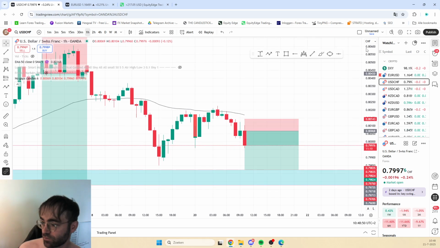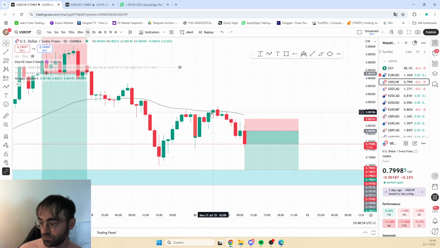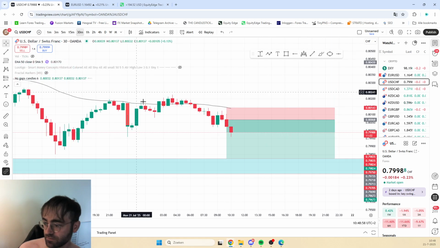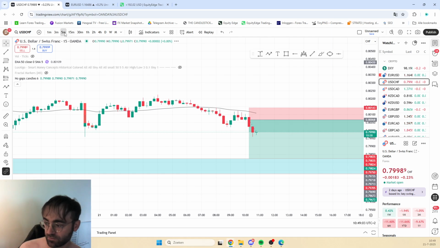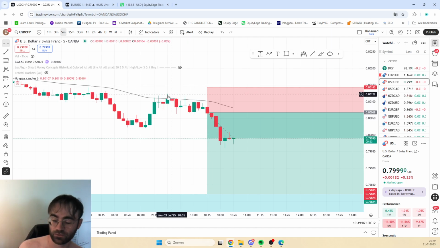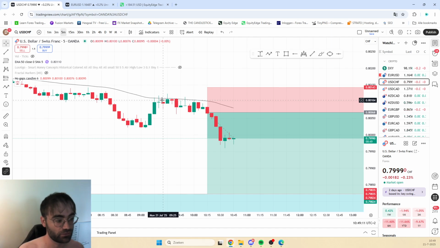down. The 1-hour had a nice little rejection of the 50 EMA again. So the 50 EMA, super strong in my opinion. And yeah, it's just looking super clean. So multiple time frames we've checked, and we saw the short time frame rejections. And if you see all these confluences together, there's a high probability that it will actually go